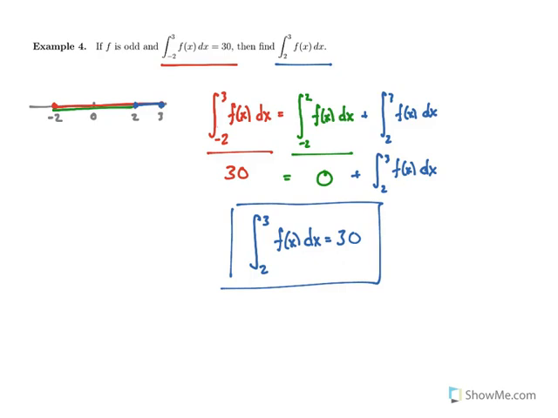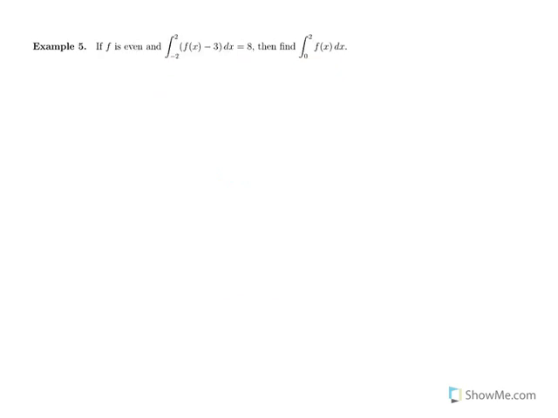Now let's look at an even function. So here f is even. We have the integral from -2 to 2 of f of x minus 3 dx equals 8. And we're looking for the integral of 0 to 2 of f of x. And note that we're only looking for f of x, not f of x minus 3. So first of all, we should probably deal with getting rid of that 3 in there. And we can do that